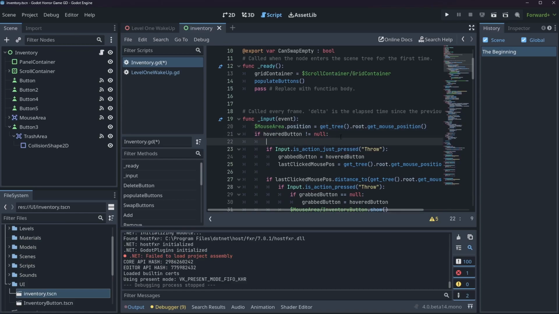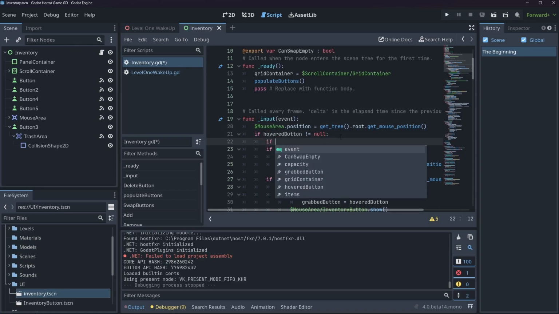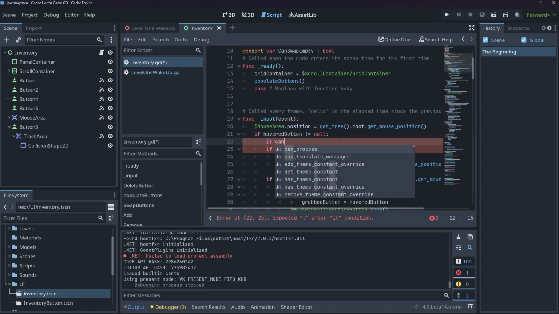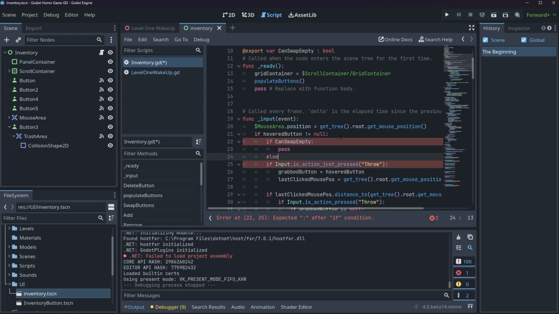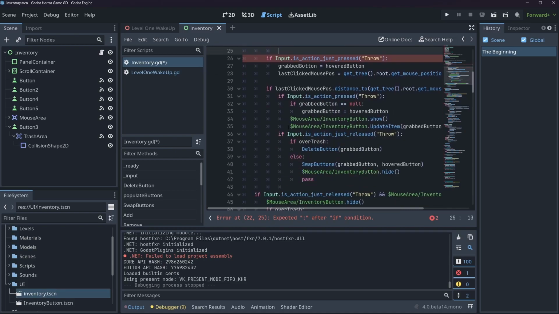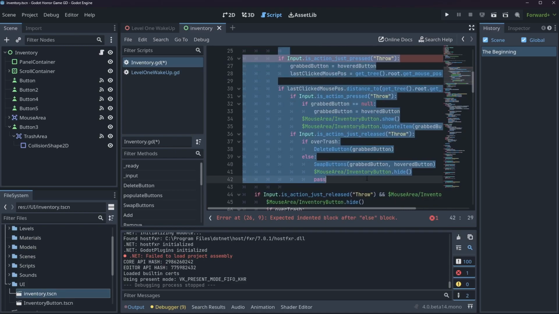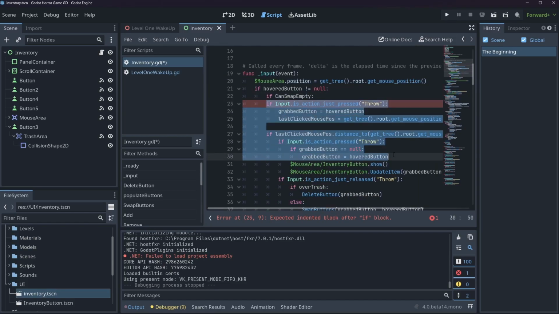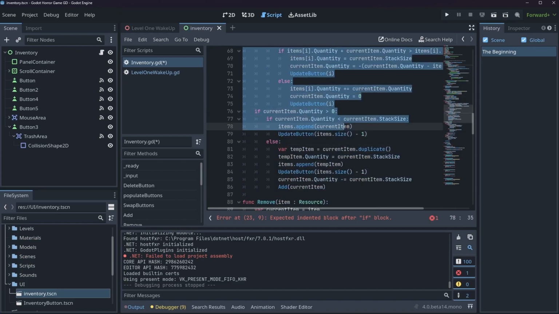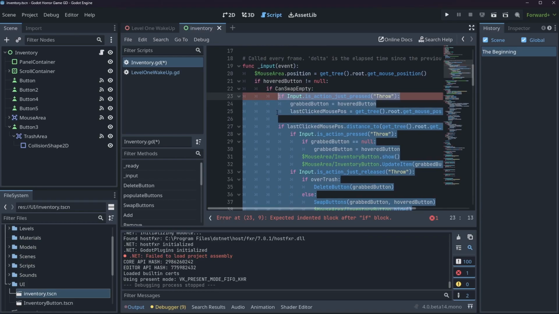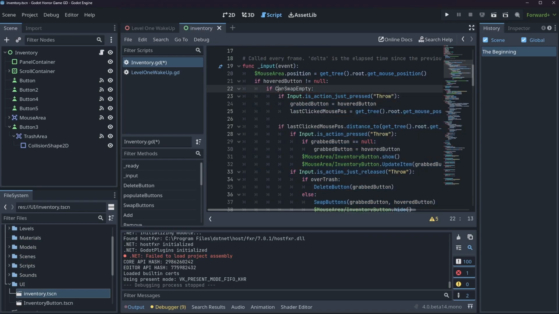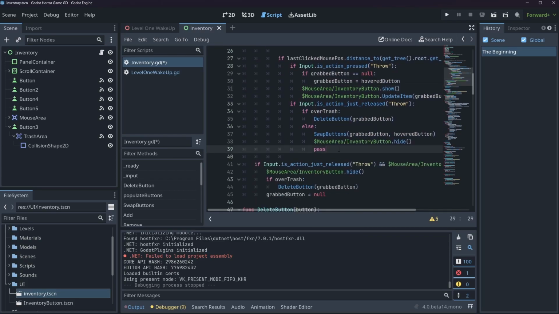So if our hover button does not equal null, if we can swap empty, then we're going to do some code here, and else we're going to do all of this code here. Then I'm going to take this bit here, come down here, and tab these guys in. So basically, if we can swap empty, then we can do all of this. Else,